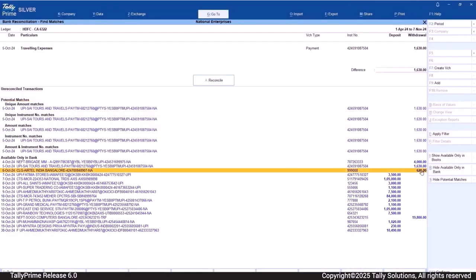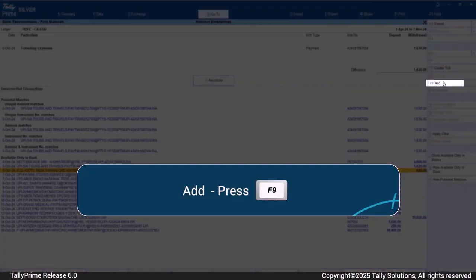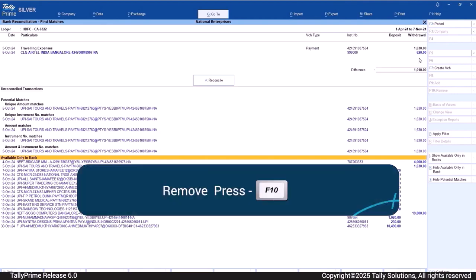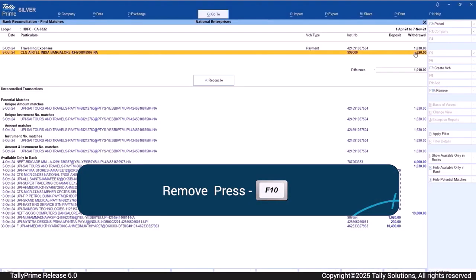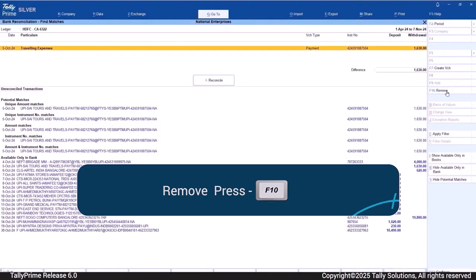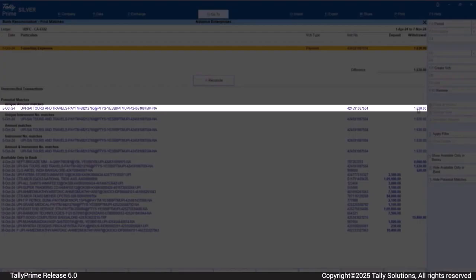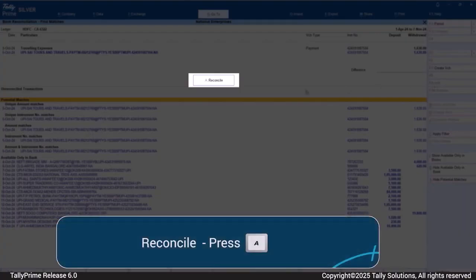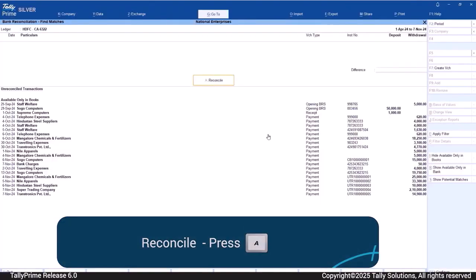Select the transactions displayed under Unreconciled Transactions and press F9 to include the transaction for reconciliation. If there is any wrong unwanted transaction added, press F10 to remove it. Add the transaction that can be reconciled with the selected voucher. Press A to reconcile the transactions.